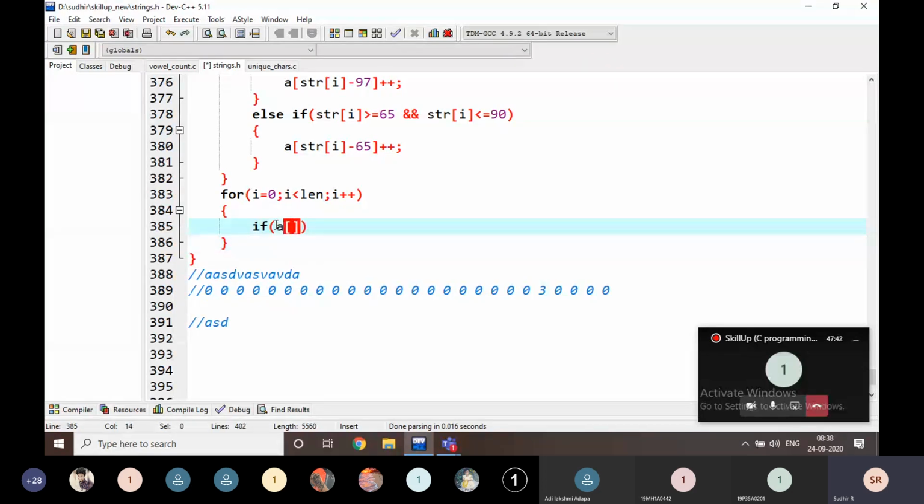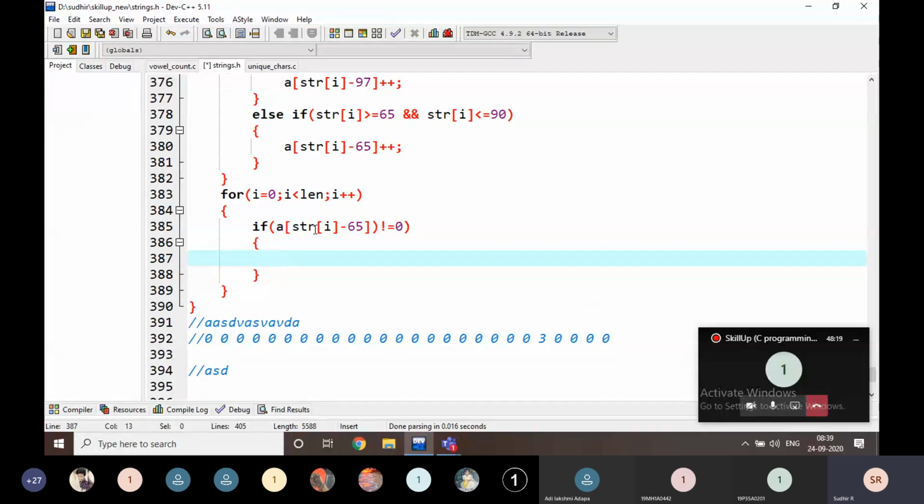Confusing here, just wait. What is it? If a of str of i minus 65, where str of i is a character and minus 65 gives the index. If it is not equal to 0, then I am going to print it.